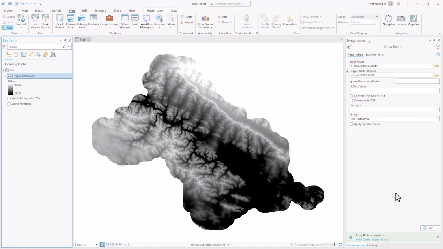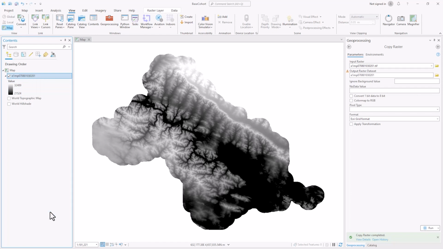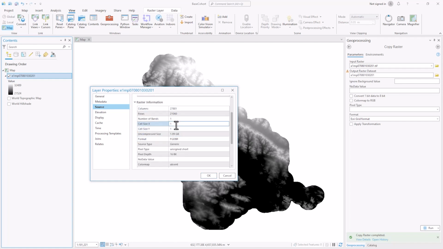If we right-click on the DEM within the table of contents and choose Properties at the bottom of the list, we can take a quick look at some of the properties. In the now open property window, click on Source on the left side of the window. In the right side of the properties, let's expand raster information. We can see that cell size X and cell size Y are both 1, which shows we have a 1